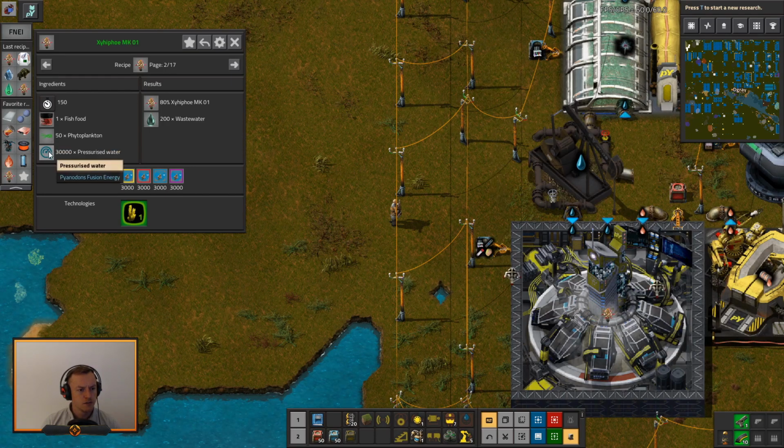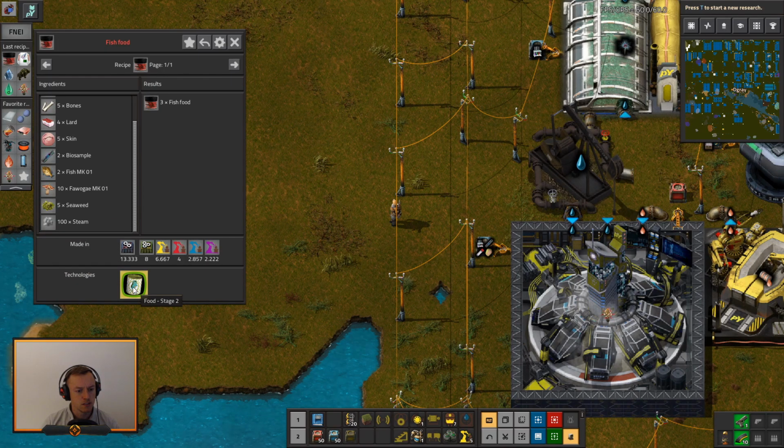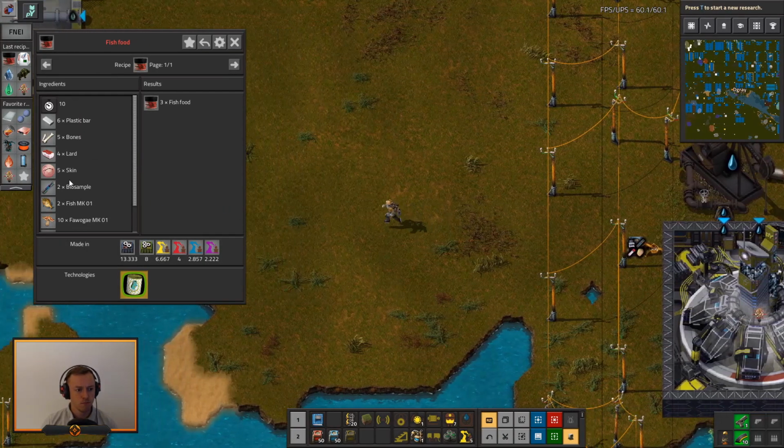So we can make fish food. How? Oh, we can make fish food. We have all these things. But we do need Pi Science to do it. So this can wait quite a